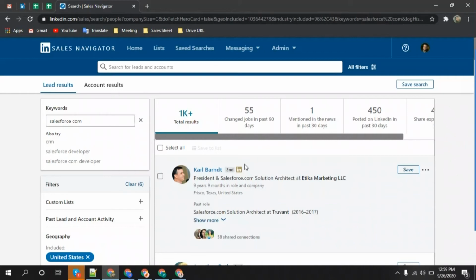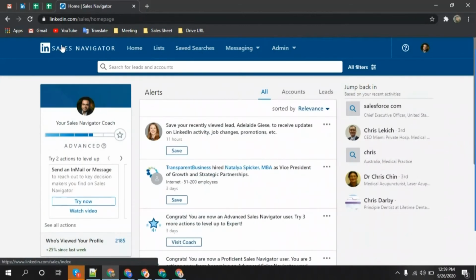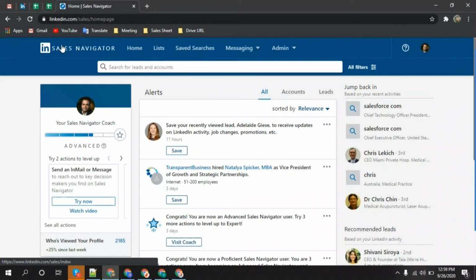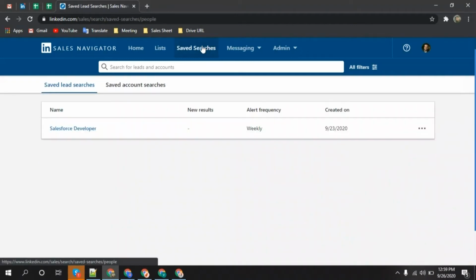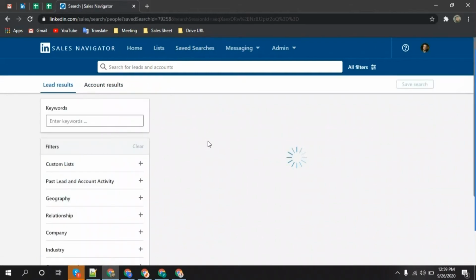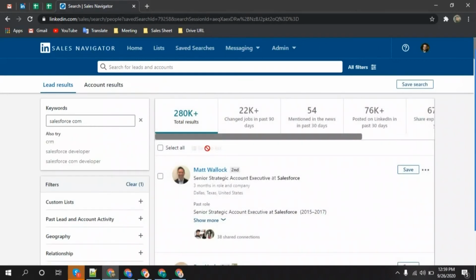Apart from this, there are other options on Sales Navigator such as lists, saved searches and admin options. Let me elaborate on these options so that you can have a clear idea of what they are all about. Let's start with saved searches first. Suppose you want to search for prospects with the same filter again and again daily, or want to reach a smaller number of individuals, for that you can save those searches. This will surely save your time and help you find the right prospects.